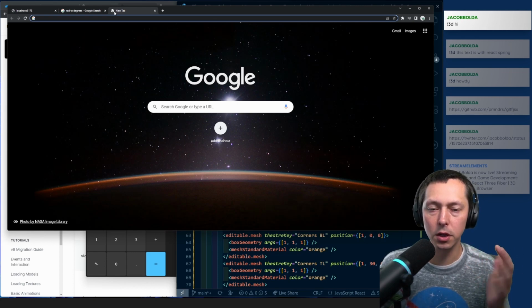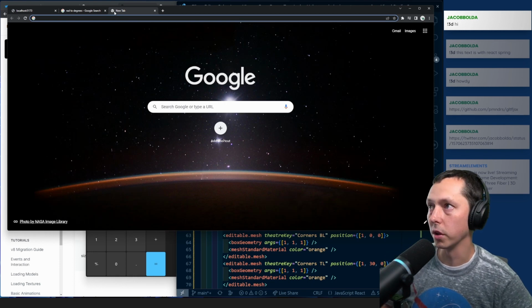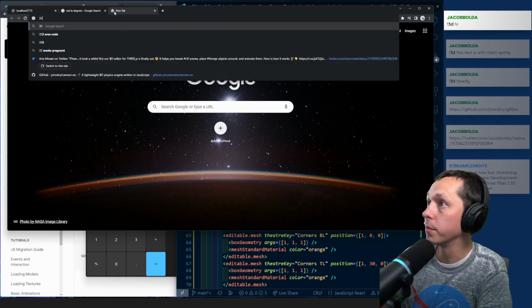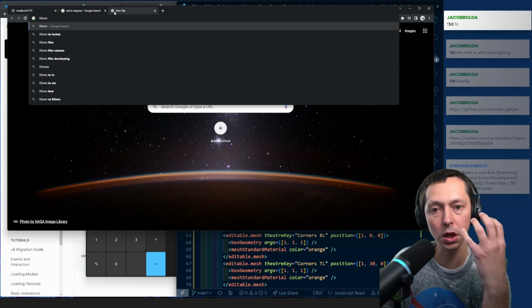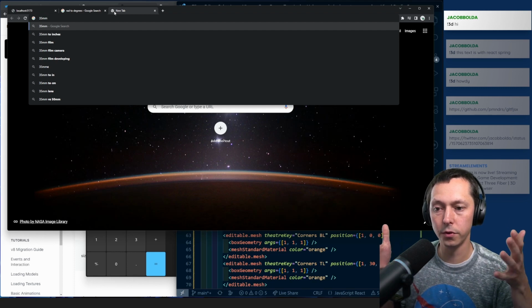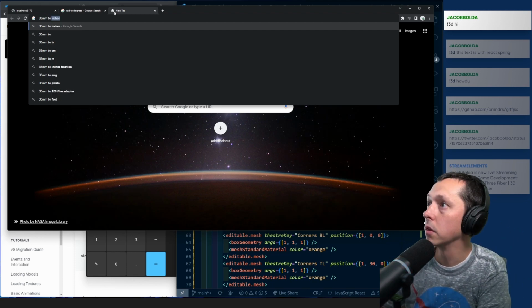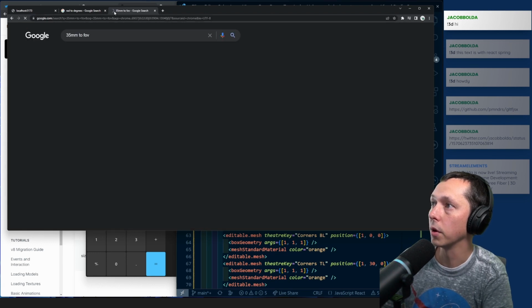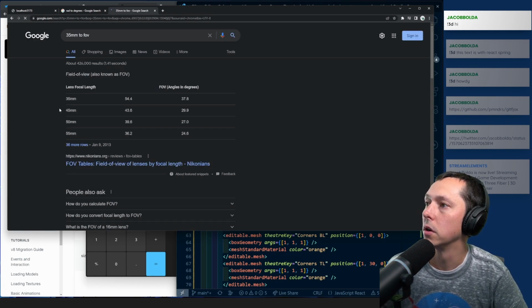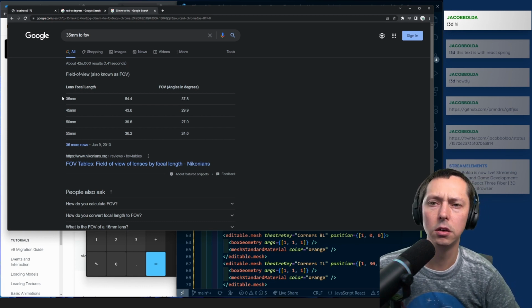So right around the middle of that, like 35 millimeter is probably, when you're looking at a picture, if it's just a standard field of view, 35 I think is probably right around in that range. So the focal length